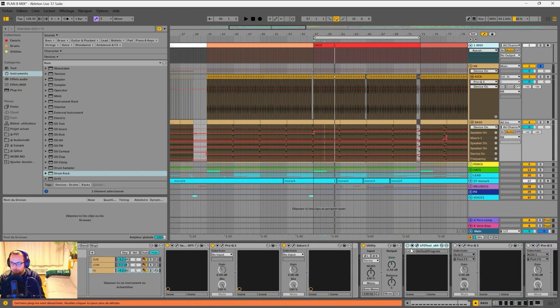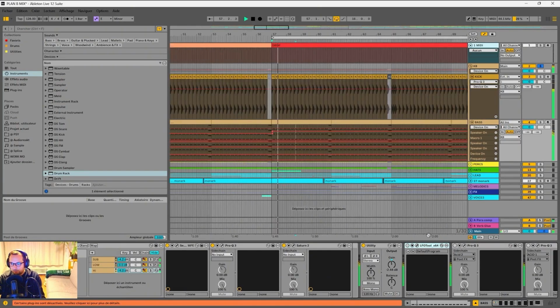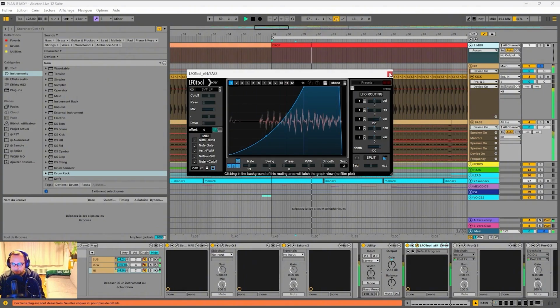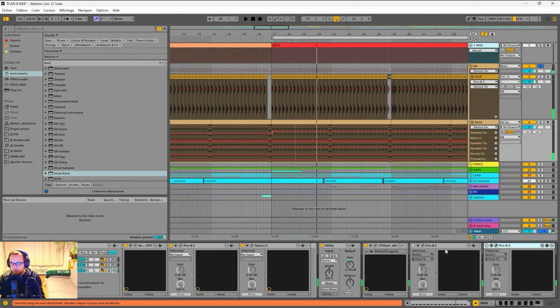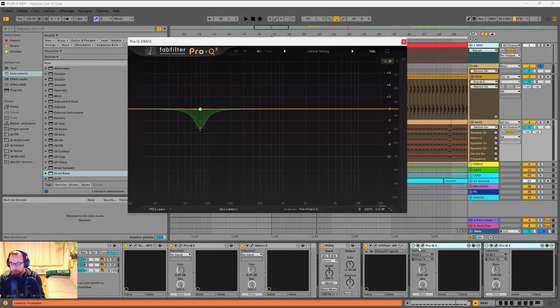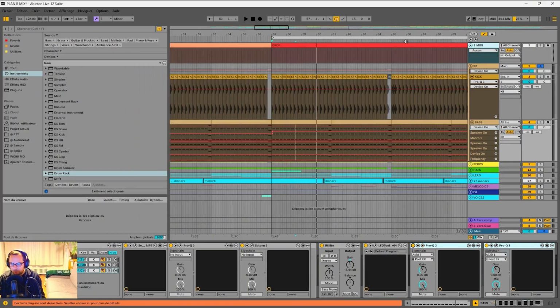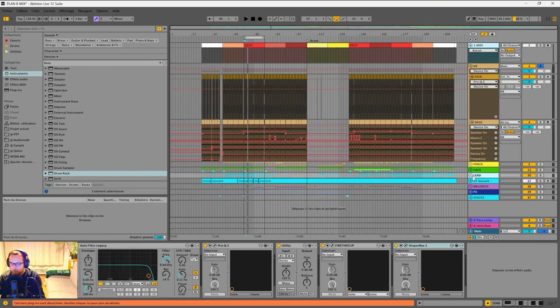I just add an LFO for the movement. No sidechain here. And the two over the EQ are just for leaving space to the lead. I will come back after.